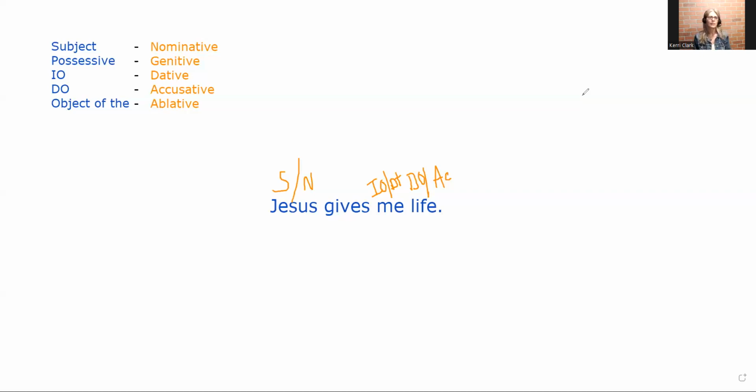I would not have them use all terms right at the same time. I would start first by reminding them, remember when we memorized this in Foundations? Go back to the chant: subject, nominative; genitive, possessive; dative, indirect object; accusative, direct object; ablative, object of the preposition. Go back to that chant and then say, you know what, when we mark a sentence with the S for subject, let's put an N for nominative at the same time,